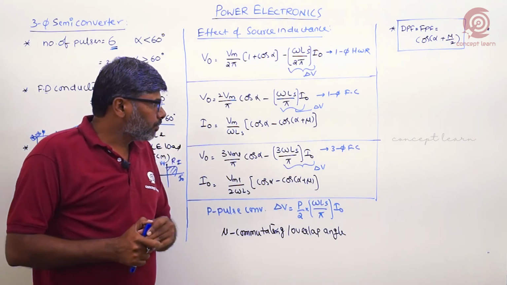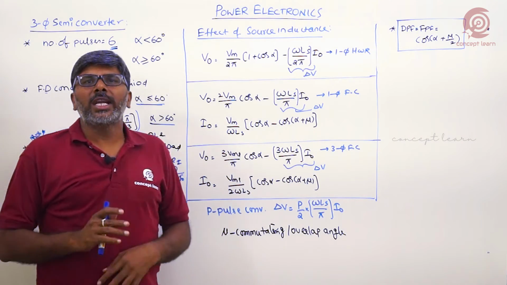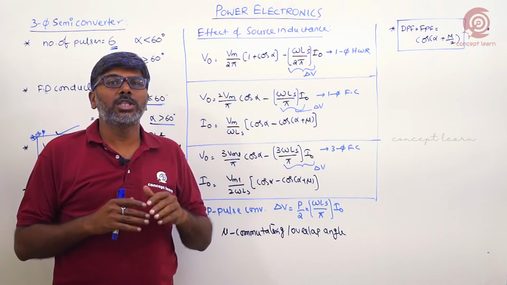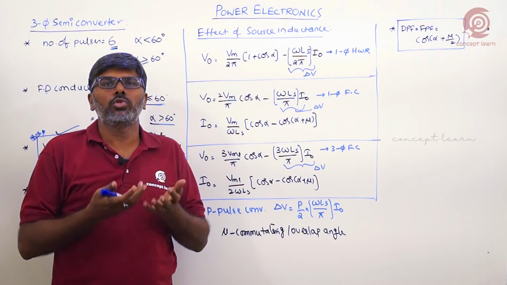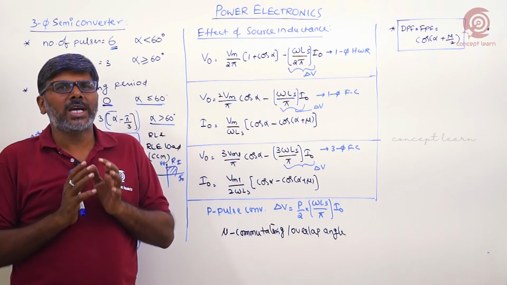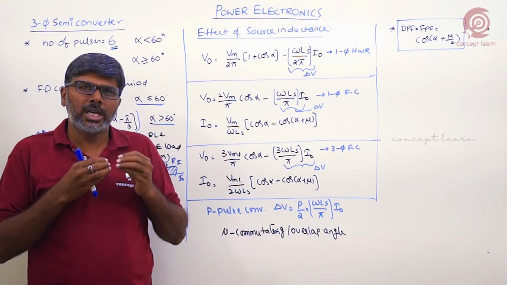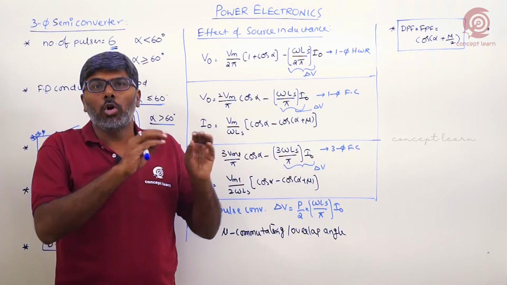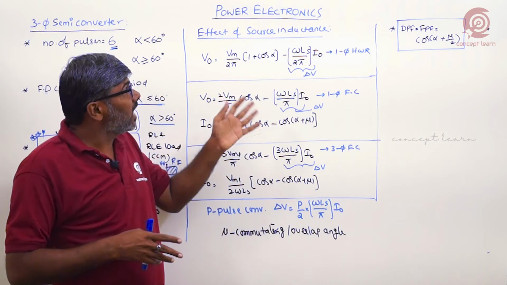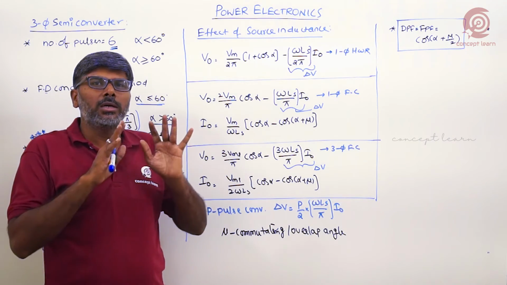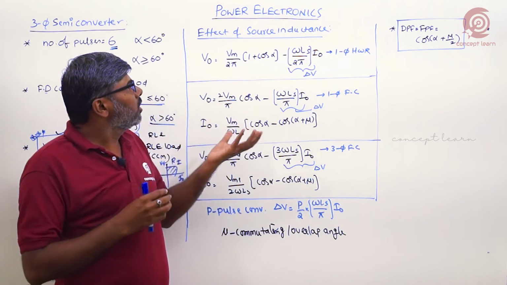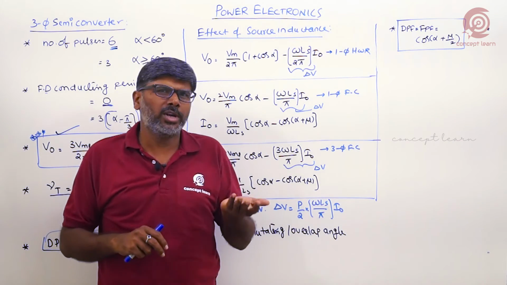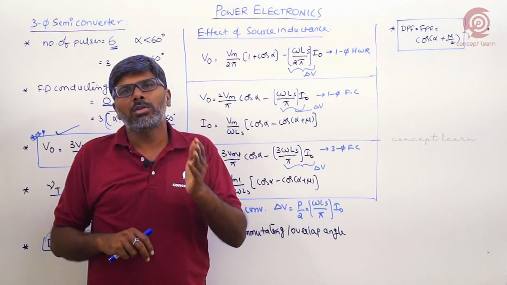Fine. Now coming to another important thing in rectifiers. Until now we did the analysis of the rectifiers without source inductance or source impedance, right? Practically, the source has some internal impedance. A resistance does not affect the operation of the converter, there is just some drop. But when the source has inductance, it definitely affects the operation of the converter, whether it is a half-wave rectifier, single phase full converter or 3-phase full converter.